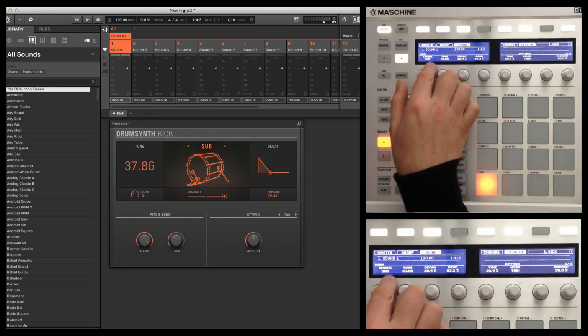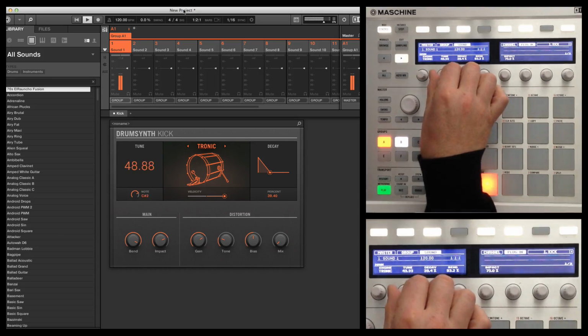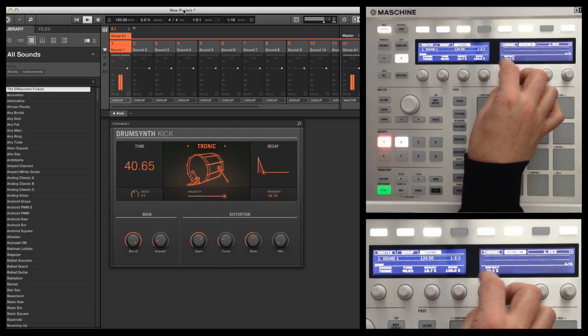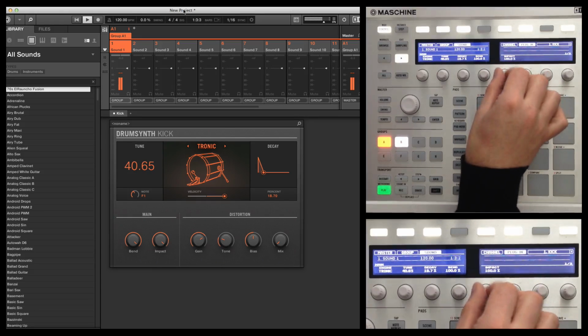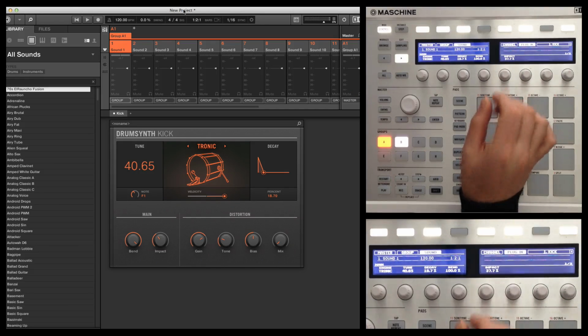There's something else we can do. You see the engine here. I'm going to switch. So we've got Tronic. A very different texture. It's got a real bright kind of punchy transient at the front. So it sounds quite bright. And this feels a little bit more like a kind of FM sound to me. Yeah, interestingly, with the impact, it's got this kind of clicky transient,